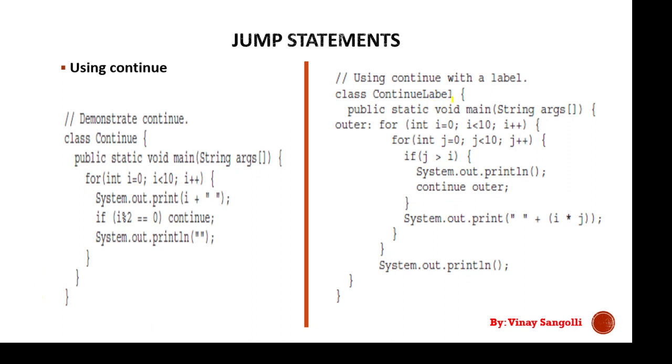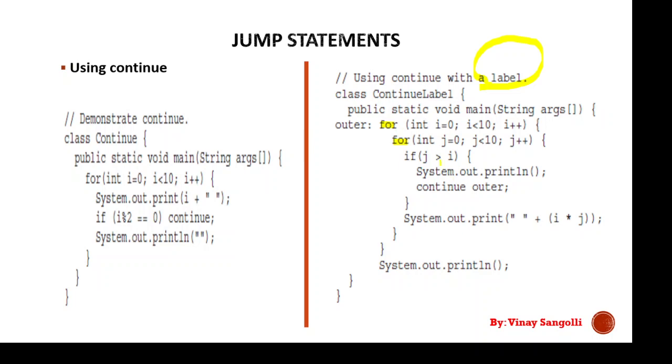So the same continue can be used with labels. Very important, friends, this label is very important. Please concentrate on this program now. See, labels are useful whenever we have two for loops. If you can observe here, this is my first for loop and this is my second for loop. Now continue, usually we should tell the continue whether it has to continue the inner for loop or it has to continue the outer for loop.